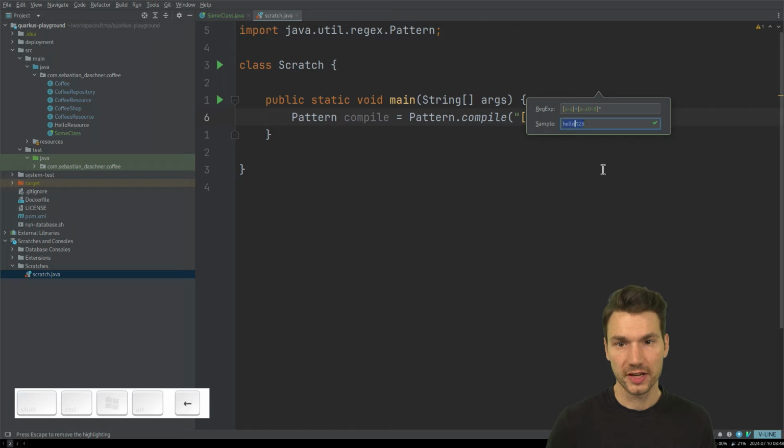So if I say, okay, hello 1 to 3 matches. Why? Because here you see it's not a full match, it's a partial match. If I want to do this for a full match from beginning to the end of the string or of the line here, then now you see it does not match anymore. I have to type hello 1 to 3. One hello 1 to 3 also does not match,